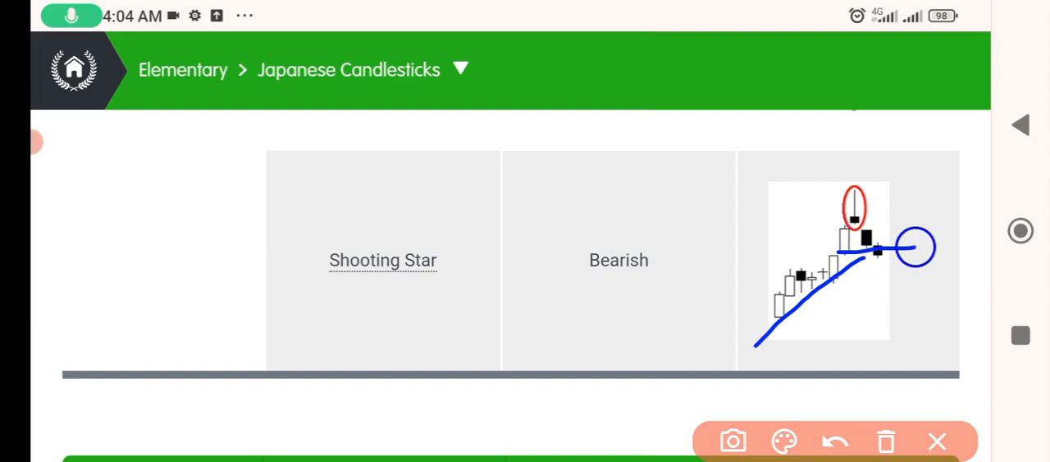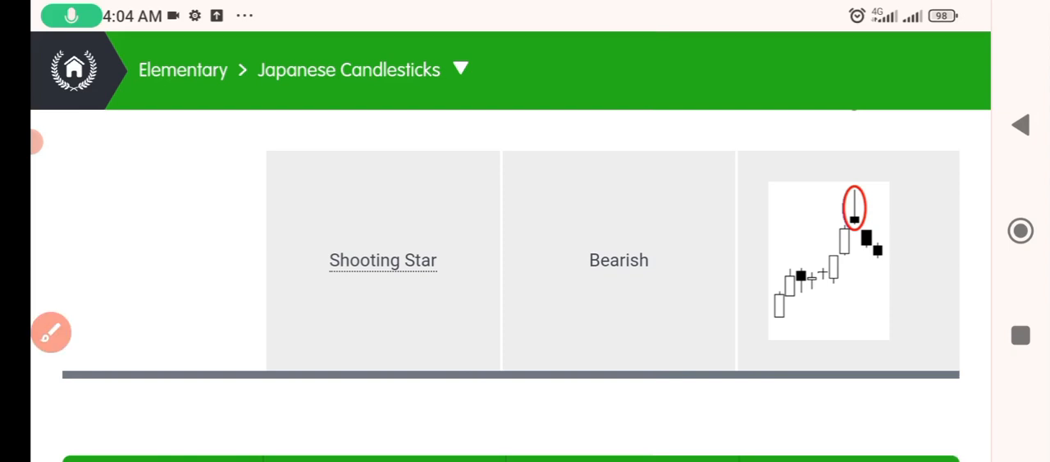You wait for your entry at the close of the follow-up candle. So once the second follow-up candle closes, you make your entry, and then you have your stop loss 15 pips above that level. So